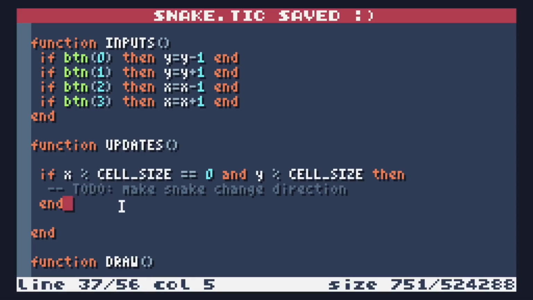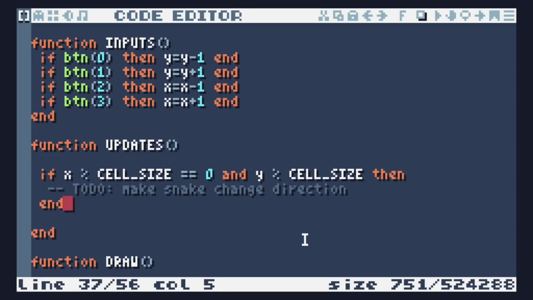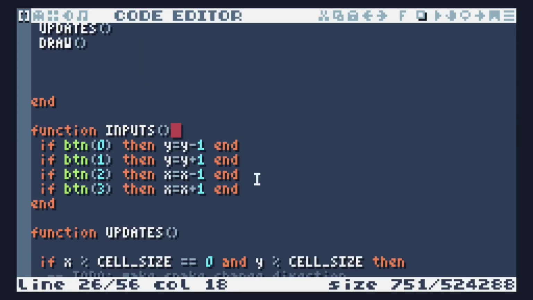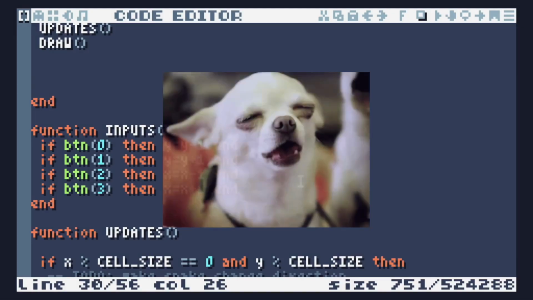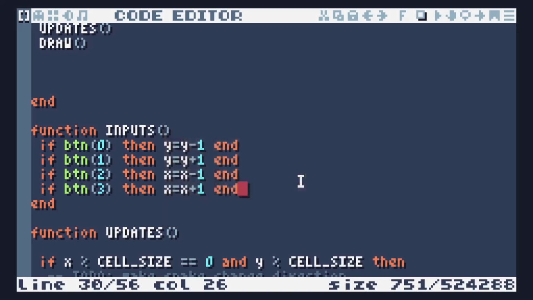It's very lazy to do this in code, but if it's your own program, what does it matter? As long as you remember to go back and actually write the code that goes there. Now, instead of our button presses being mapped straight to our x and y coordinates, what we should do is store it in a sort of buffer. So whenever you press the button, it just saves whatever the last button was that was pressed. And then when we hit our update, it actually changes the direction to what it was,